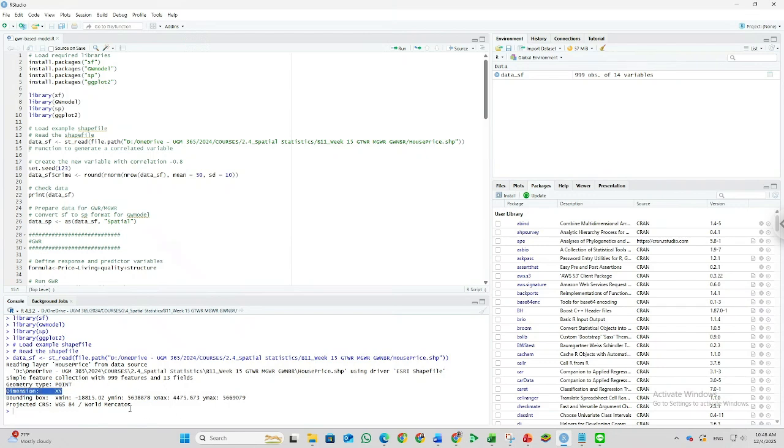This is projected data, so the coordinates use the meter format. We don't use latitude and longitude, because the XY in this data is in the form of projected data, so the format of the coordinate is meter, not degree.